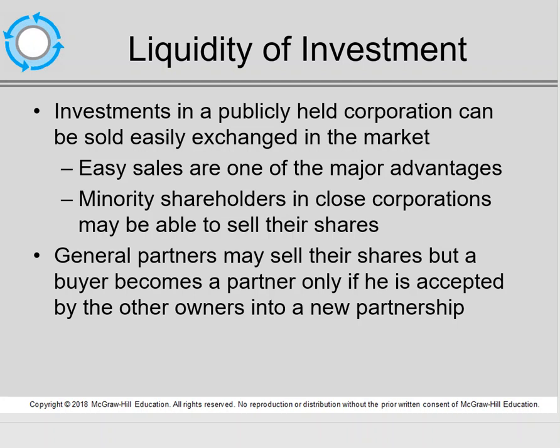It's tougher with a closely held corporation. There may be covenants not to sell your shares of stock. Well, same thing with a partnership. There may be terms in the partnership agreement that may make it easier or tougher to get out of the partnership. Finally, with a sole proprietorship, you have to be able to sell the business in order to get out of it, and it may be very difficult to do.